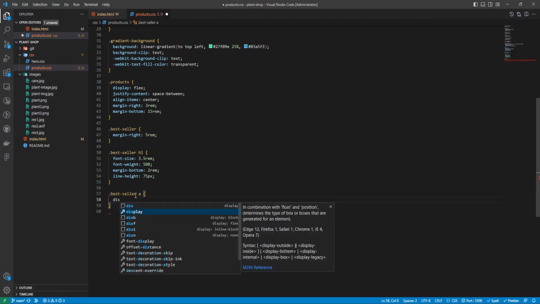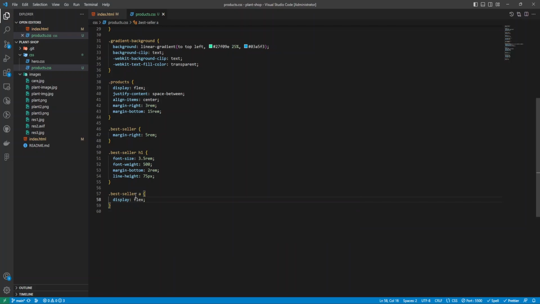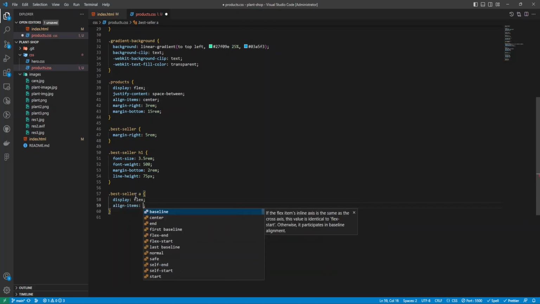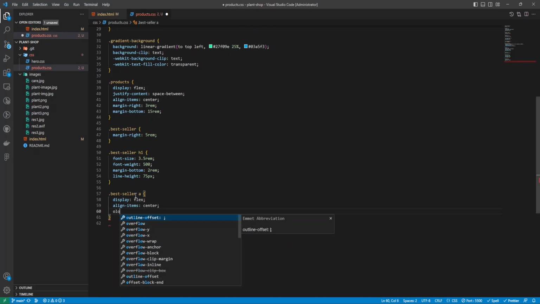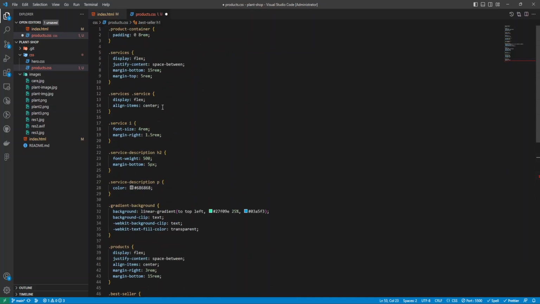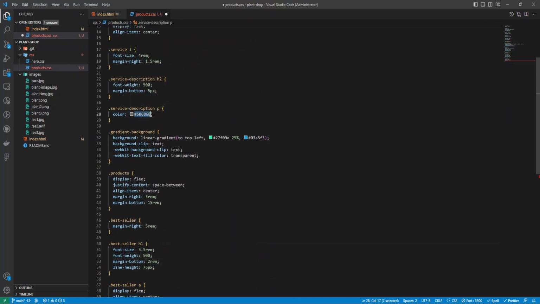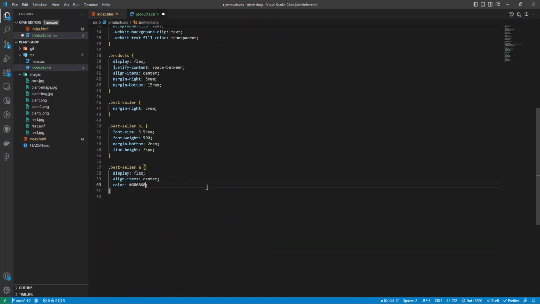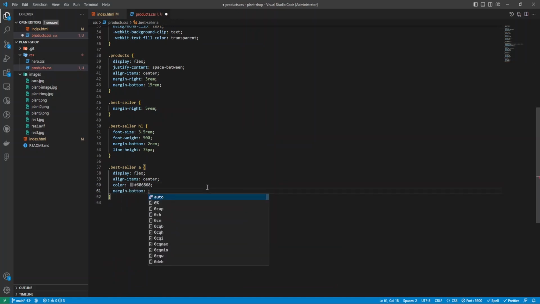Let's display it as flex. Align center. Let's give it a color of dark gray. Use it here. Yep, here it is. And margin the bottom, separated from the